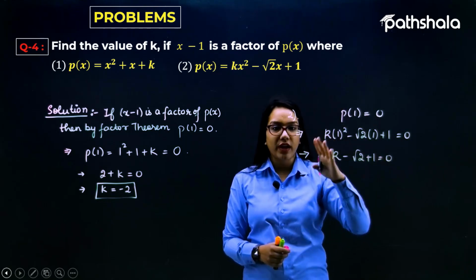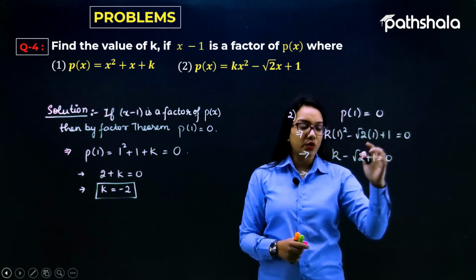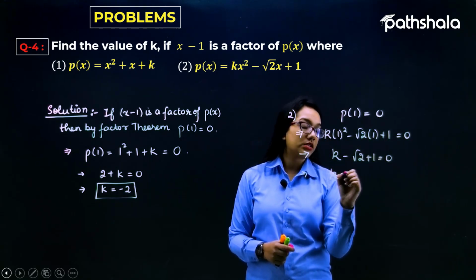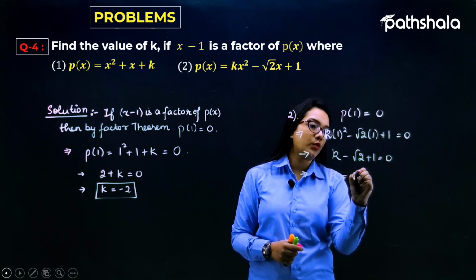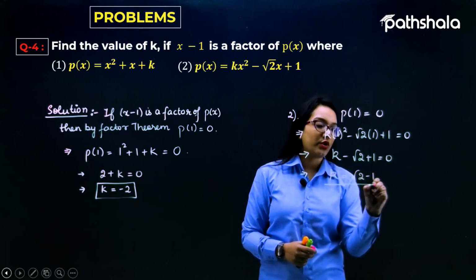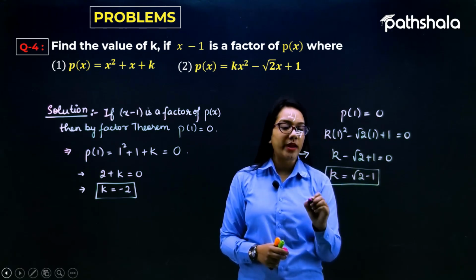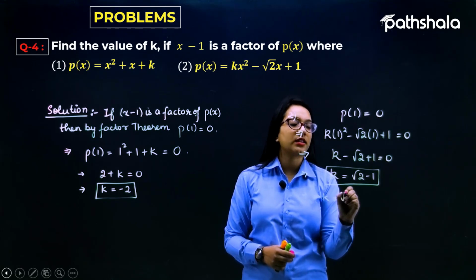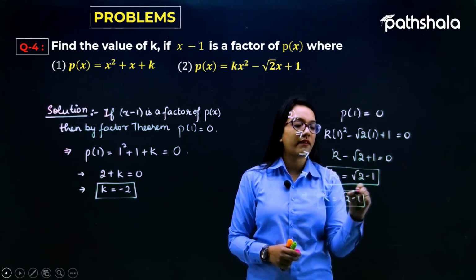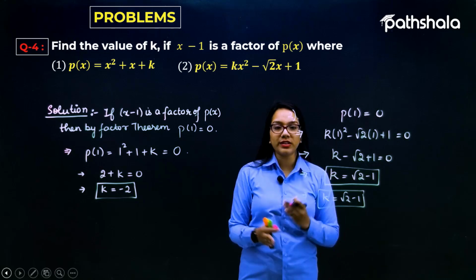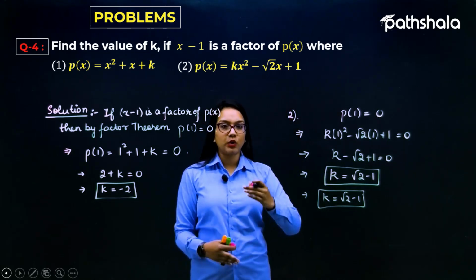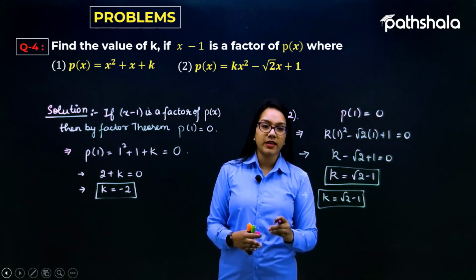Transpose all the values other than k to the other side. So it would be k is equal to root 2 minus 1. So the value of k is root 2 minus 1. We can write k as root 2 minus 1 as the value for the second part. So using the factor theorem, we can conclude that if x minus 1 is a factor,